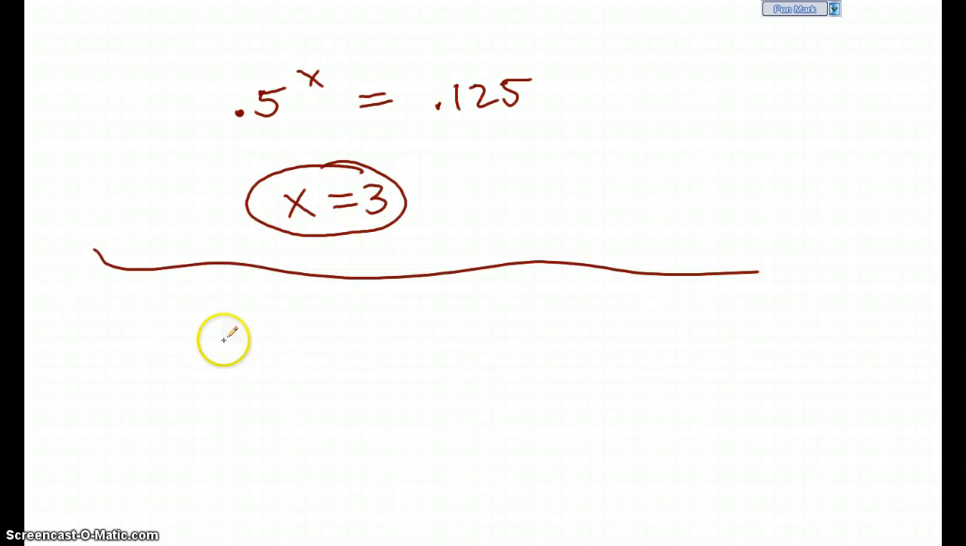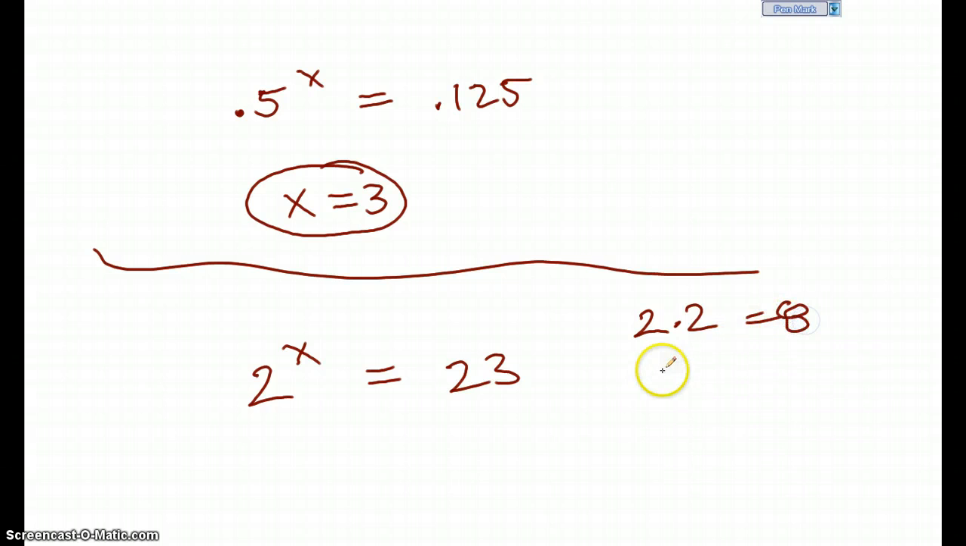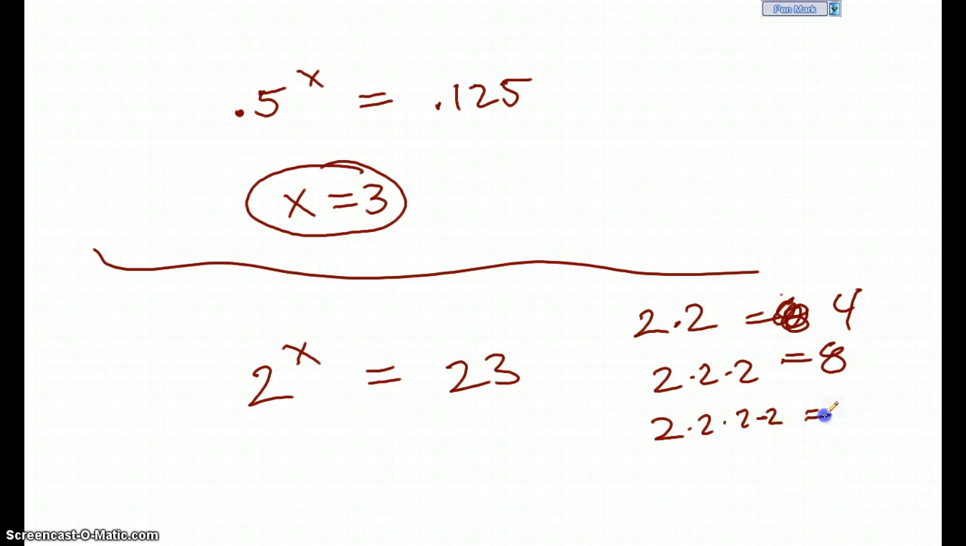But what if I have a situation like this? 2 to the x is equal to 23. Well, I know that 2 times 2 gives me 4. 2 times 2 times 2 gives me 8. 2 times 2 times 2 times 2 gives me 16. But if I do 2 times 2 times 2 times 2 times 2, that gives me 32. Then that's too big. So my exponent, I know, is going to be somewhere between